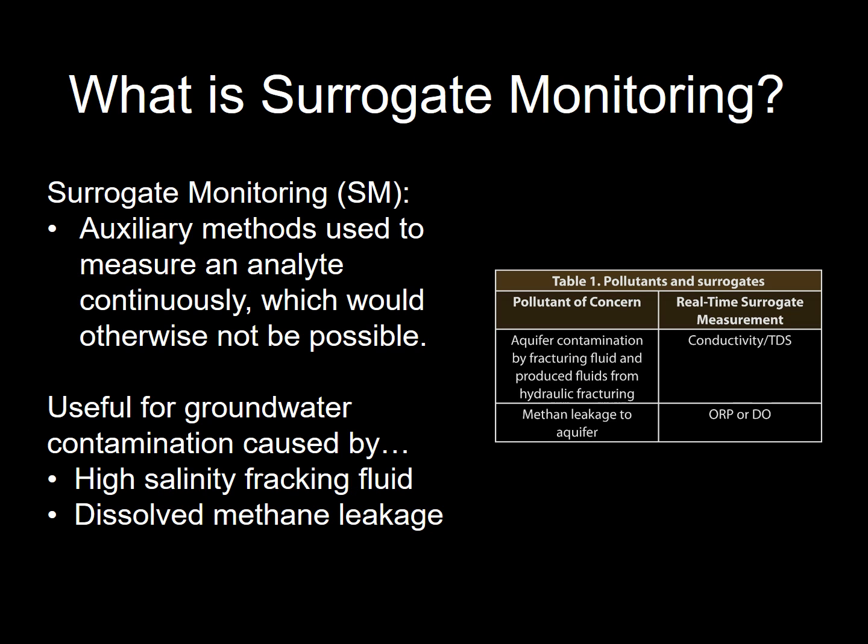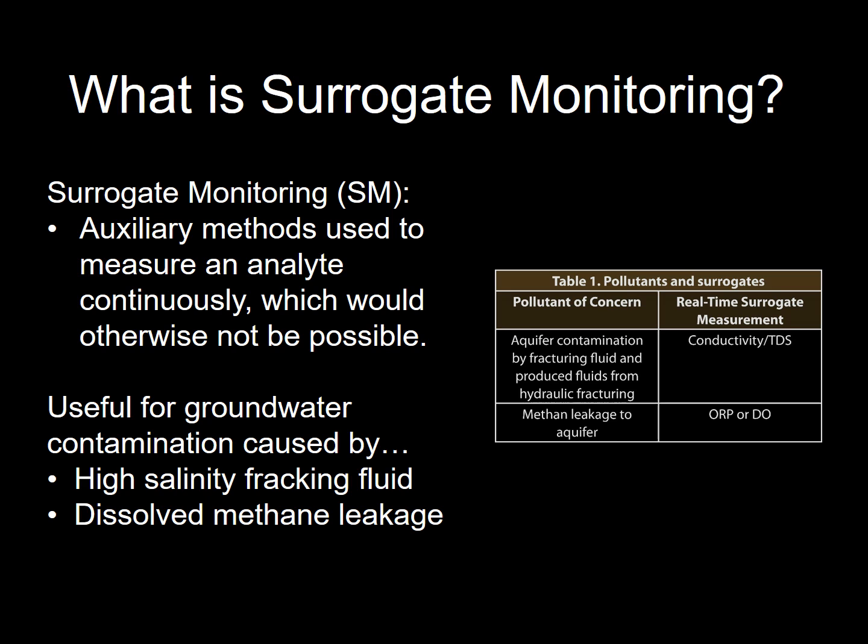So what is surrogate monitoring? Surrogate monitoring, or SM, is an auxiliary method used to measure an analyte continuously that otherwise might not be possible, such as something that's very expensive, or perhaps you're at a field site that's far away from a lab, or again with the real-time notion, perhaps only periodic sampling of the actual analyte is available, whereas cheaper, lower cost sensors can be deployed and measure continuously through time for a better understanding of what might be going on in the